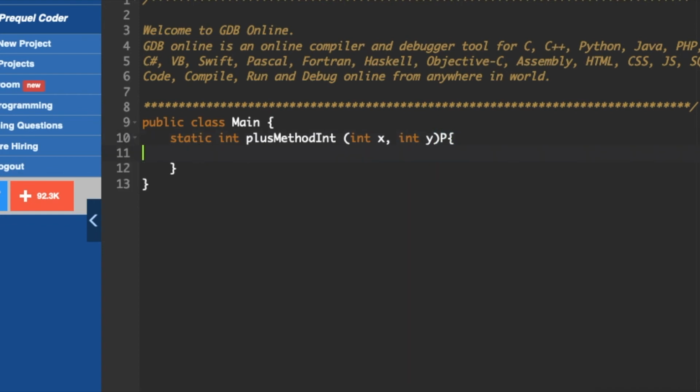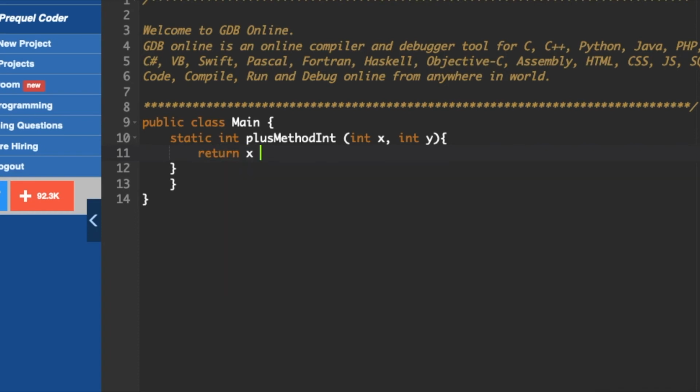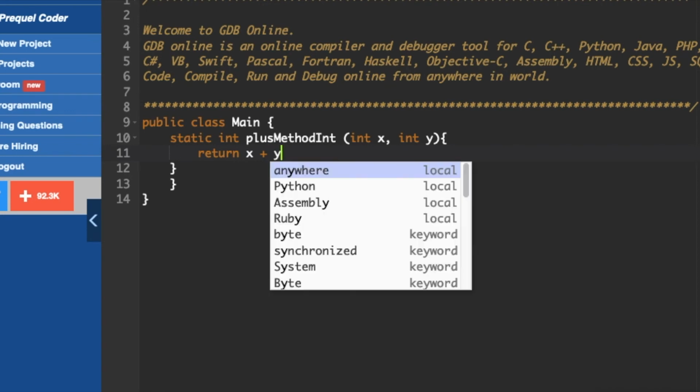So I want to declare my method to be plus method int, and I want to declare two integral numbers into it. So I will return to a function saying that I want to print x plus y.